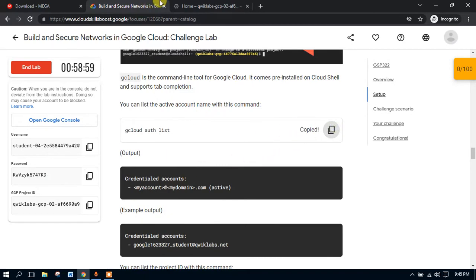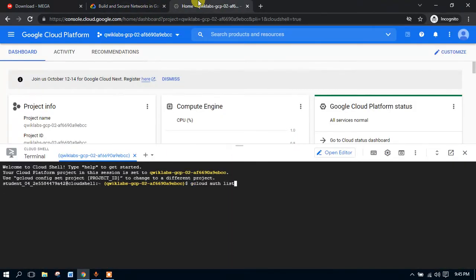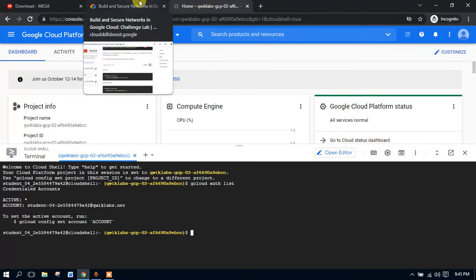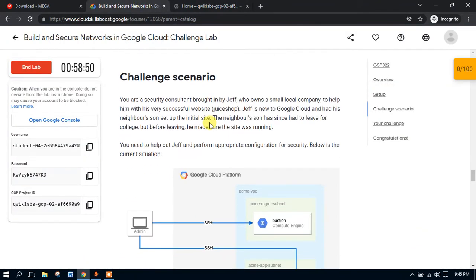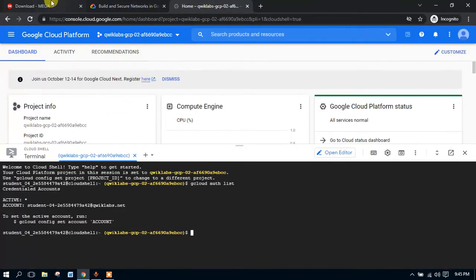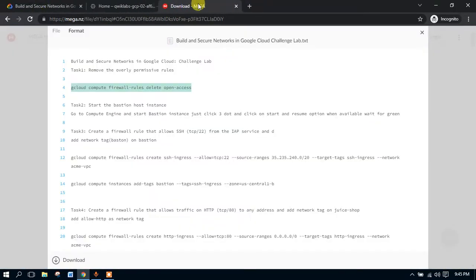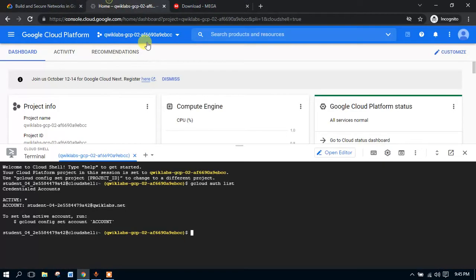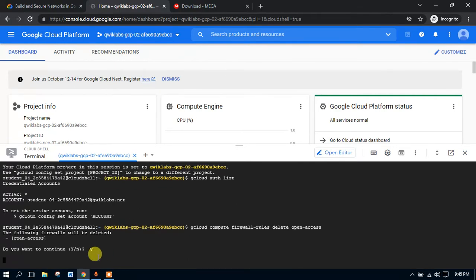I just copy this code to give authorization. Now copy this line number 4 code and paste it here. Press enter and type y and enter.